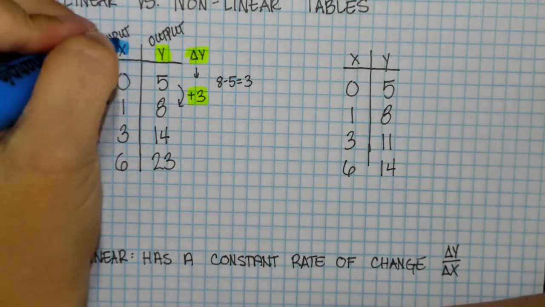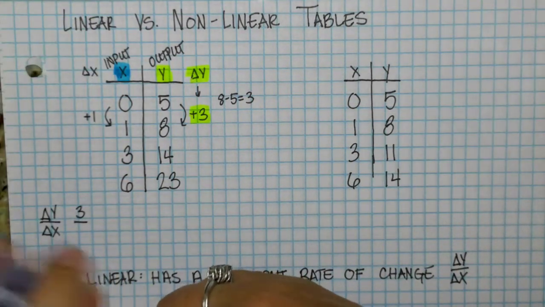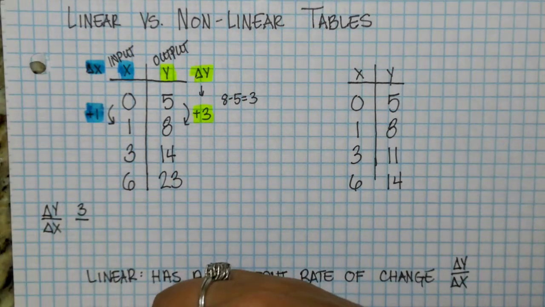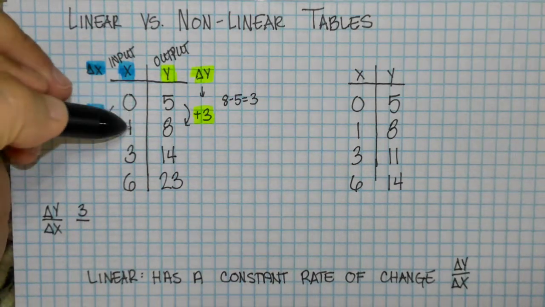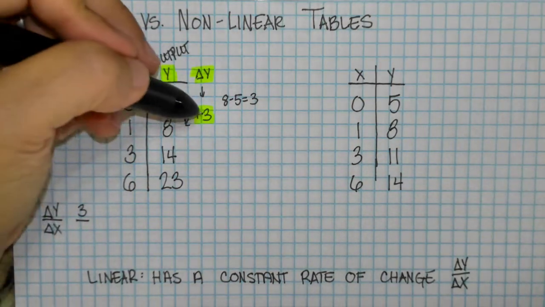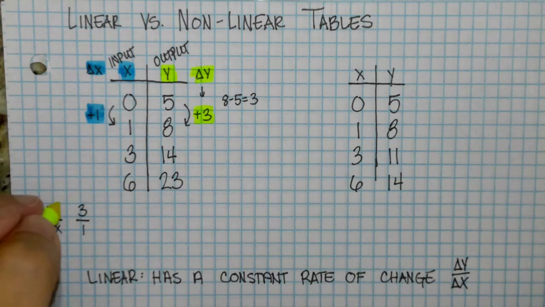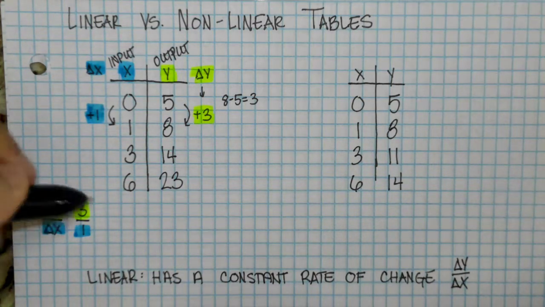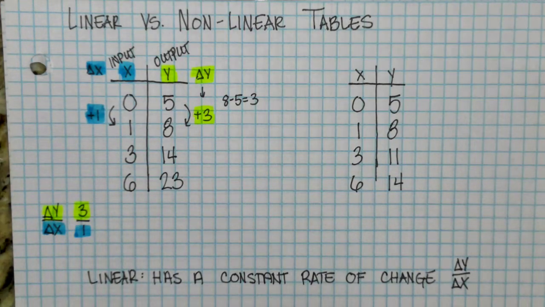Okay, the difference between those two values is 3. Change in the x, I'll show as blue. Change in the x is represented by finding the difference between the two x inputs, the two x coordinates there. Okay? So when the y is changing by 3, the x is changing by 1. I already have that simplified down to a unit rate. It's over 1, so I'm going to leave it the way it is, and I'm going to check my next